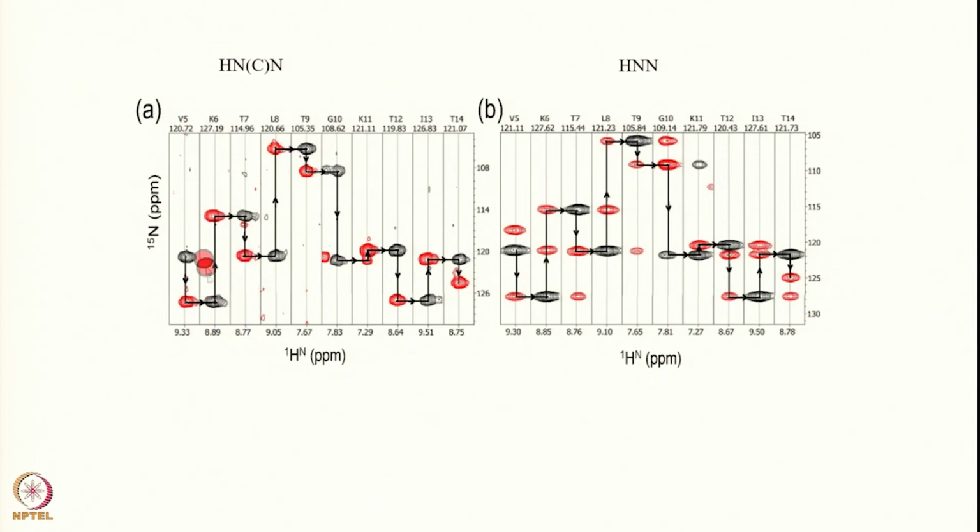See this is 5, so this is shown on the top, the sequence is given here 5, 6, 7, 8, 9, 10, 11, 12, 13, 14 for the same sequence here through the HNN spectrum, how you are walking, and how you are doing it here for the HNCN. You can do the sequential walk through both the spectra, whether you want to do it through HNCN or HNN, you can do that. So you see you go from 5 to here, 6 the appear sign,